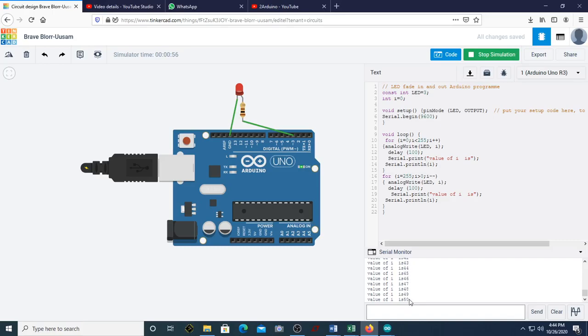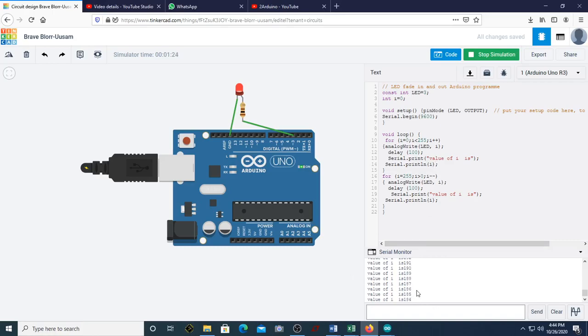Once it becomes 0, it again starts incrementing from 0. You can see now it has already started incrementing. It will go up to 255. You can have an eye on this also. The brightness keeps on increasing, goes to the brightest value and then comes down. You are able to see this value because of this Serial.begin 9600. This is a baud rate, and you are trying to display the value of I on different lines.